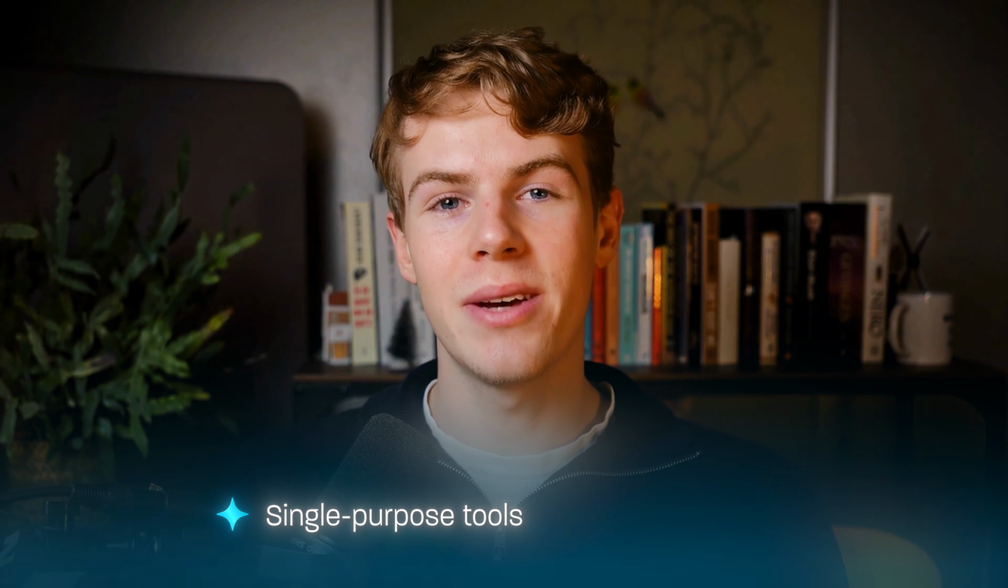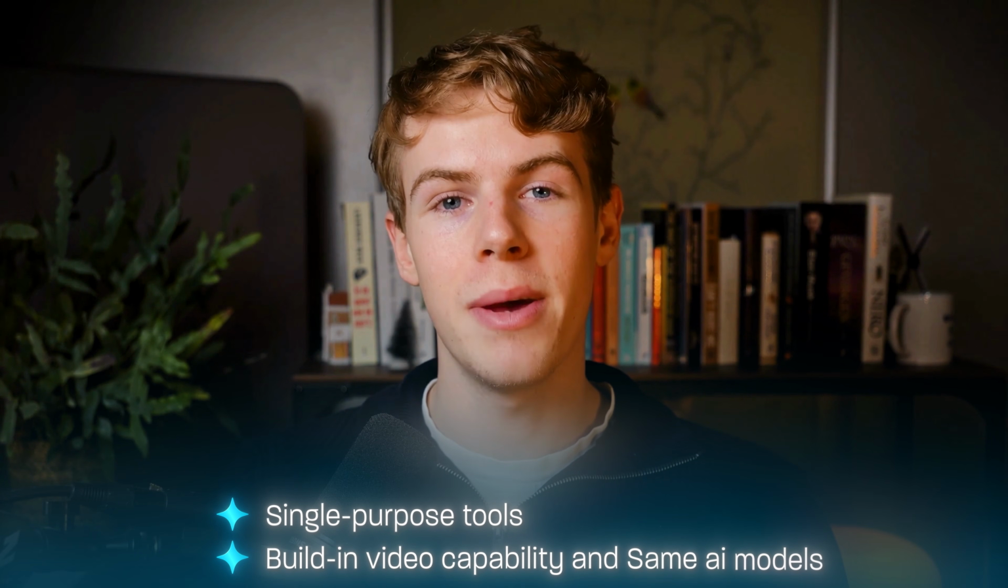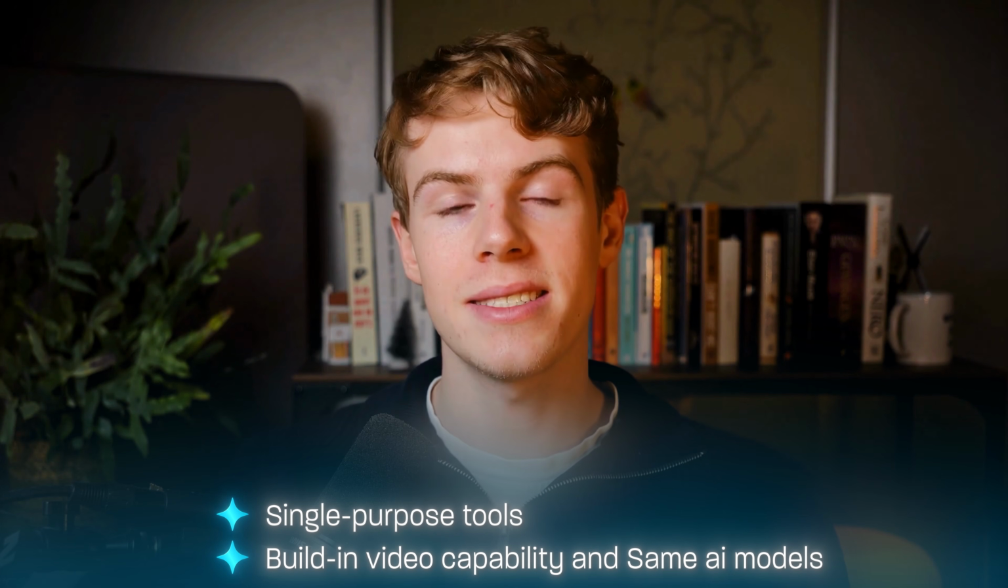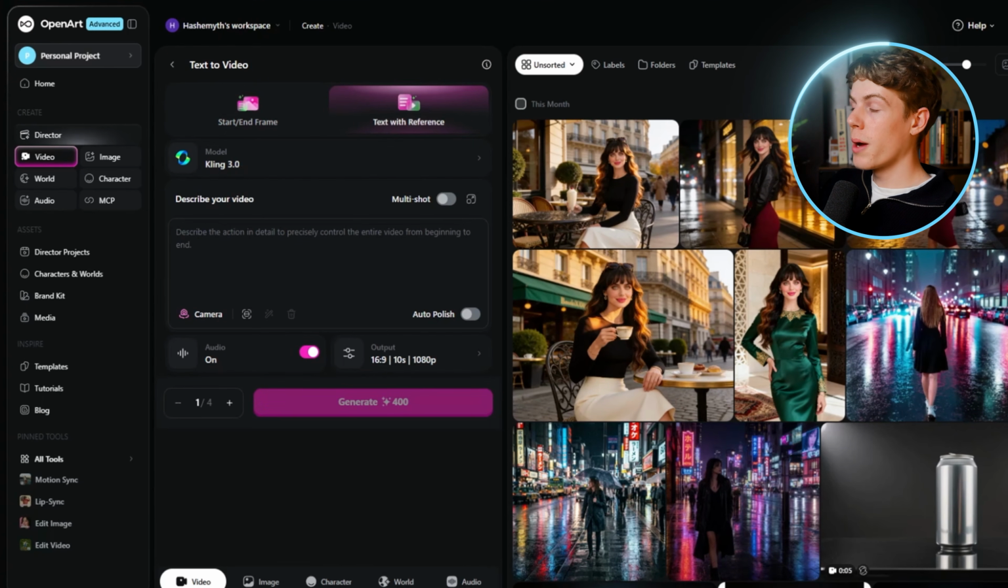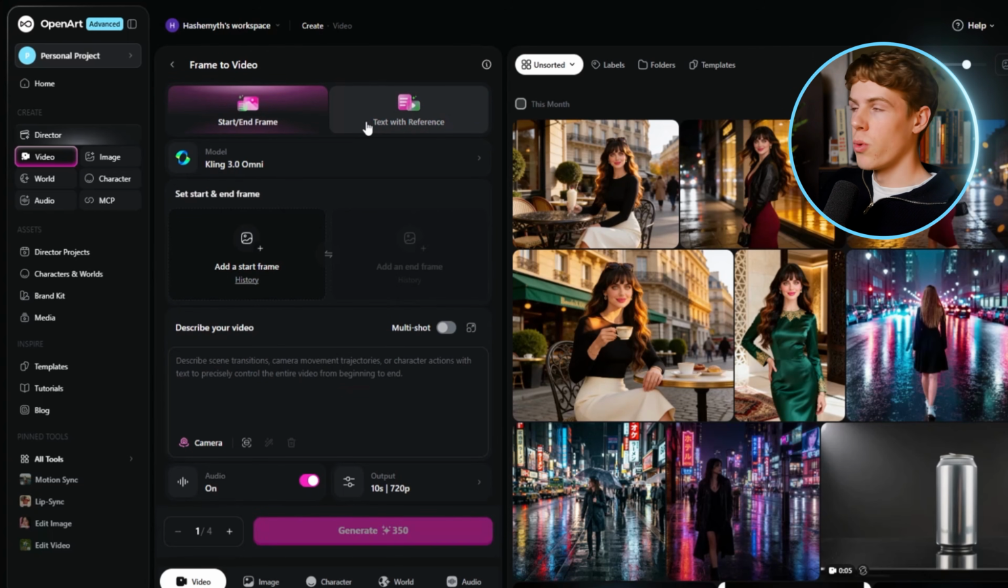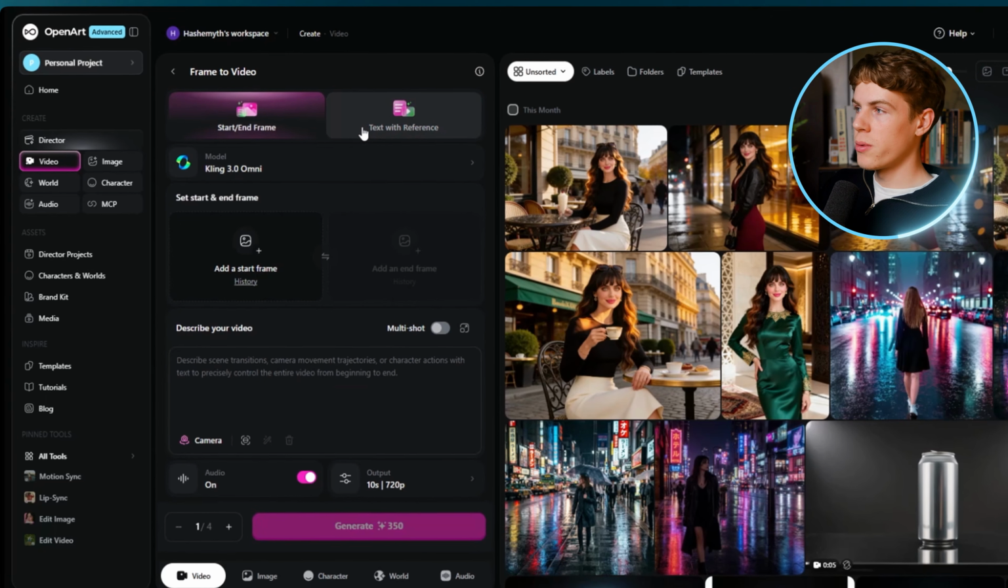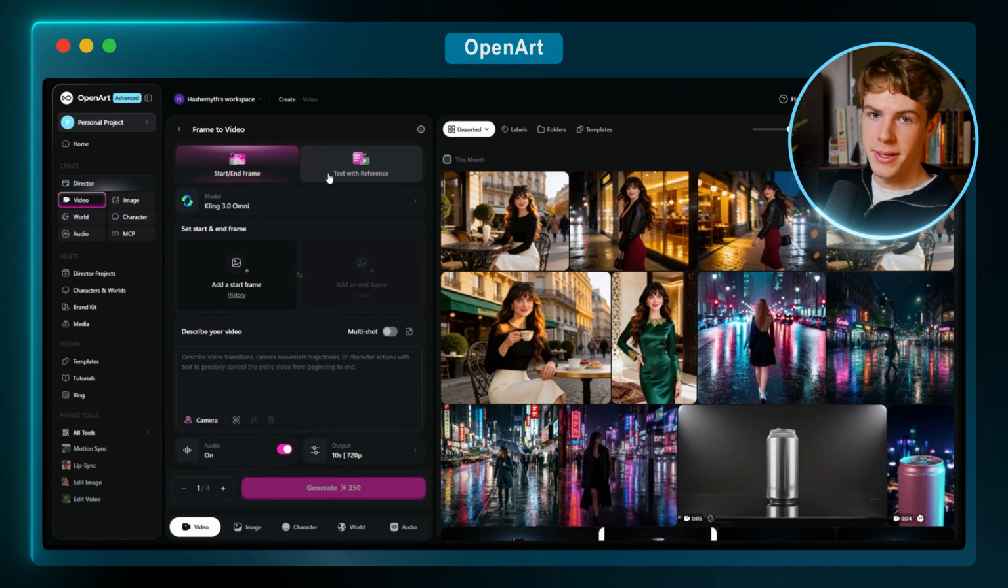This is one of the main reasons creators are migrating to OpenArt from single-purpose tools. The video capability is built directly into the platform and runs on the same models people pay separately for elsewhere. You have two starting points: text to video, where you describe a scene and the AI builds motion from scratch, and image to video, where you take a still image, whether generated in OpenArt or uploaded from outside, and animate